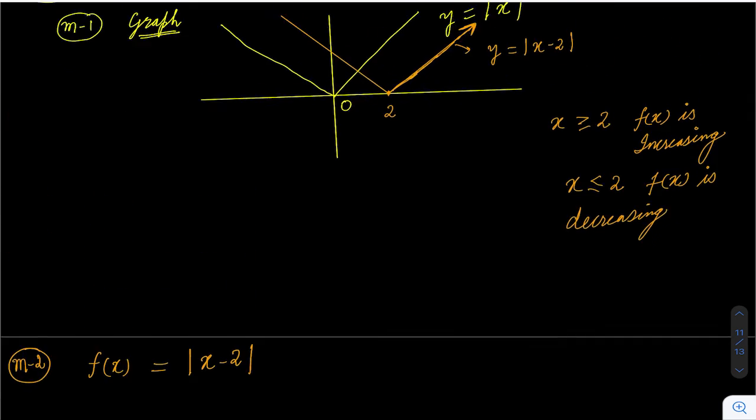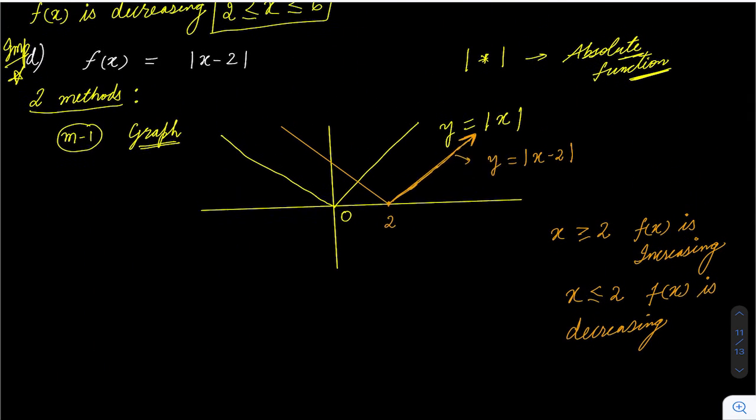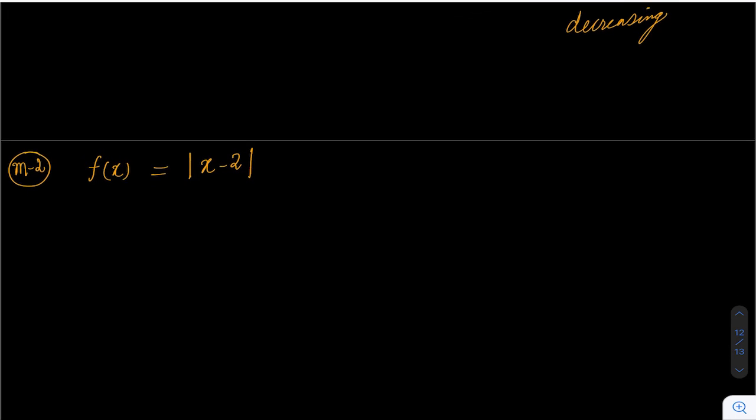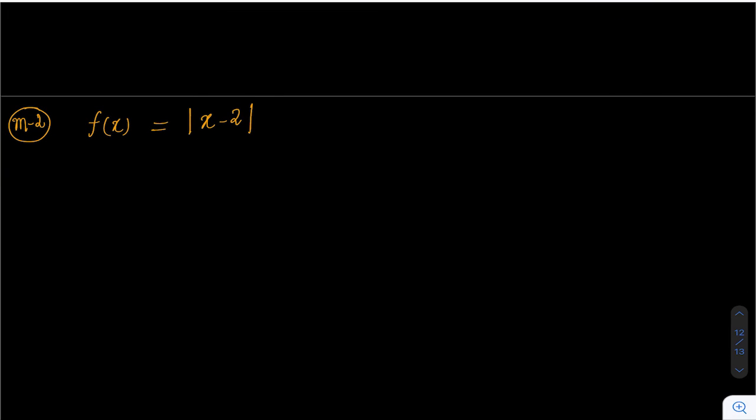Now the second method is, you won't find this method, I think, but okay, let me discuss with you. So the second method is using differentiation. Now, because some students will say, okay, we know only differentiation, so show me a method in which you have used differentiation. So we can use differentiation in this also. But the problem is, we don't know the differentiation of mod of x minus 2.